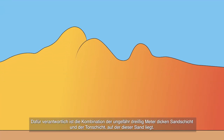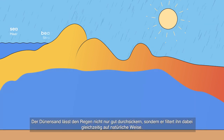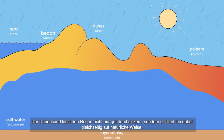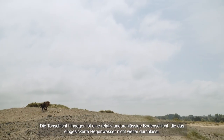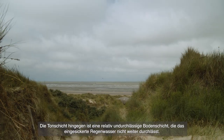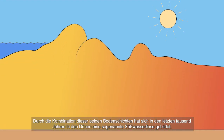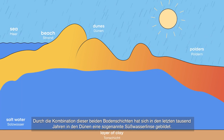This is mainly due to the combination of the sand layer of approximately 30 meters and the layer of clay underneath it. The dune sands not only form a permeable layer for rainwater, they also form the first natural filtration. The layer of clay, however, forms a poorly permeable layer, which slows down the infiltrating rainwater. The combination of both ground layers made it so that over the past 1,000 years, a freshwater bubble was formed